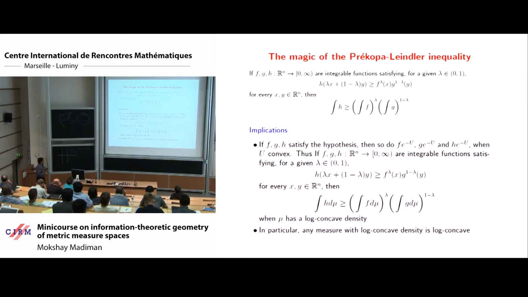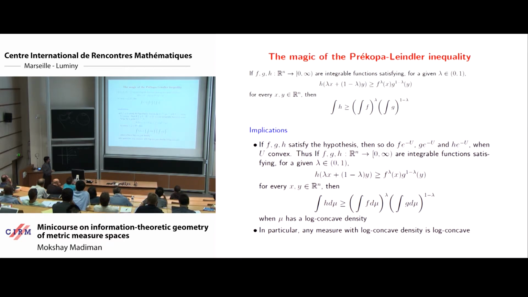But if this trio of functions verifies this, then now I have a new conclusion using this trio of functions. And that conclusion can be rewritten as saying that the integral of h d mu, so now this is really the integral of h e to the minus u with respect to Lebesgue measure, but that's the same as the integral of h d mu, because e to the minus u times Lebesgue measure is just d mu, right? So this is saying that